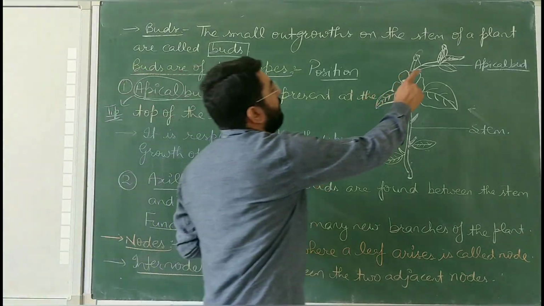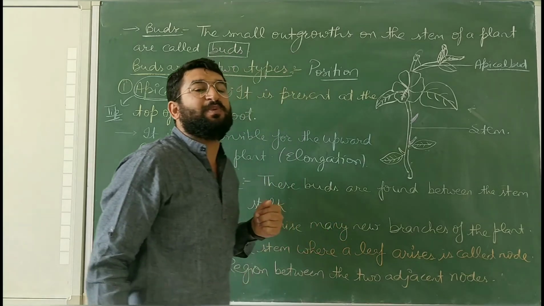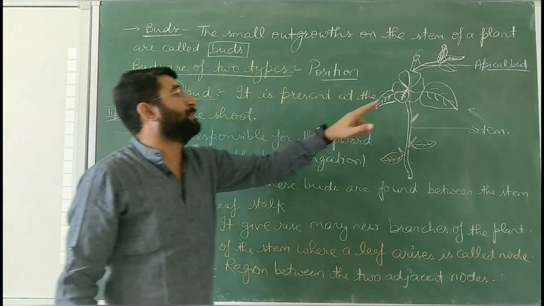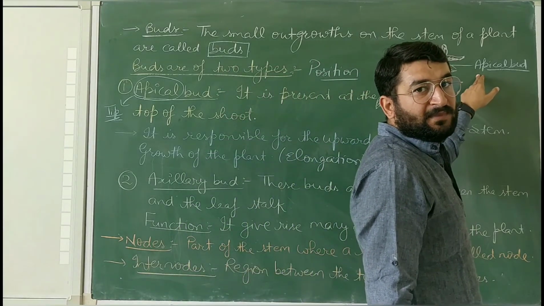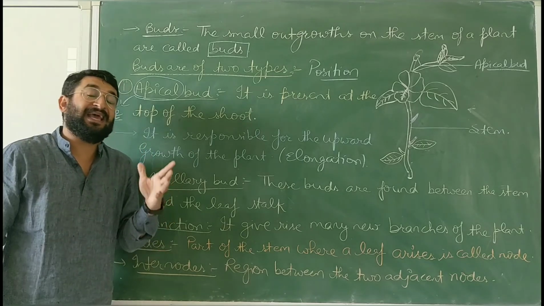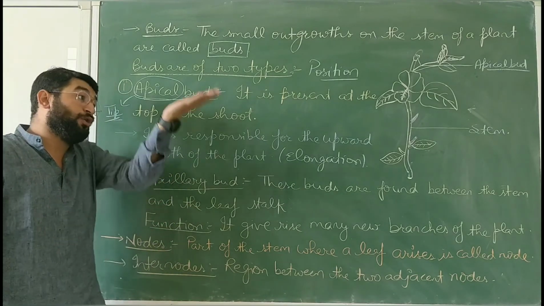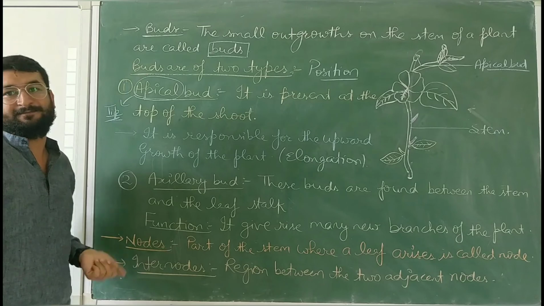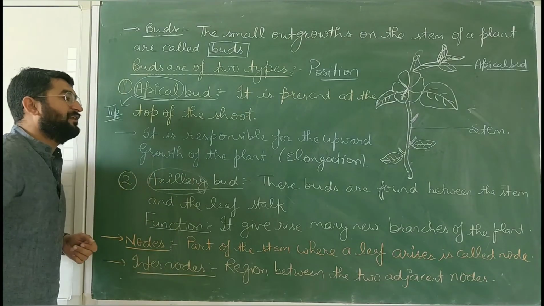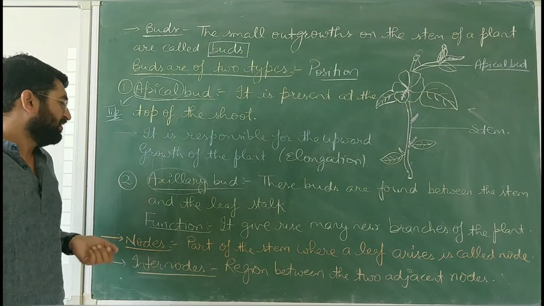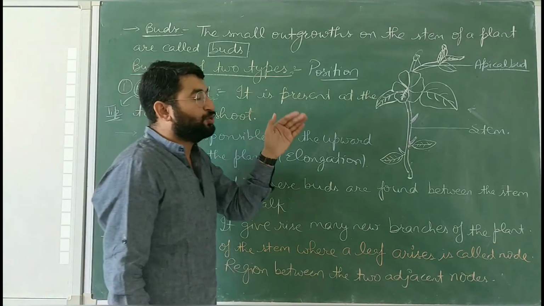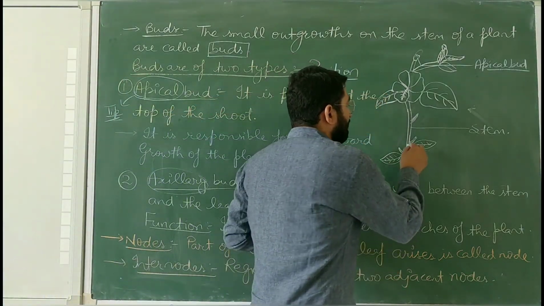So that is apical bud, the bud which is present at the top of a shoot, at the tip, that is known as apical bud. What is their function? They help in the elongation of the plant. They help the plant to grow longitudinally, lengthwise. Next, axillary bud. Axillary means the bud which are present, which are found between the two parts, between the two